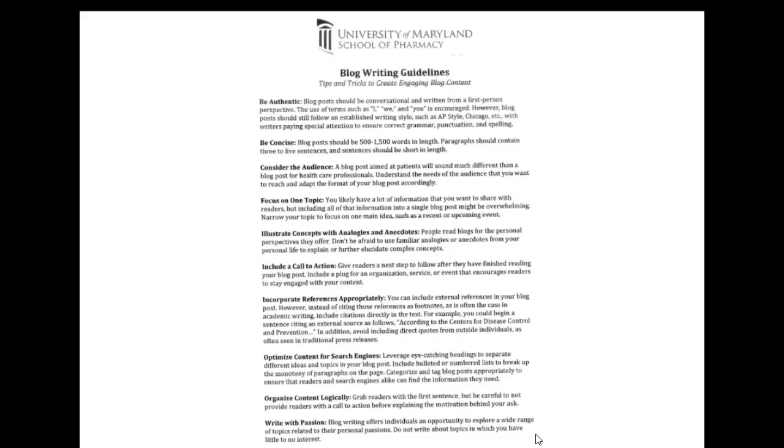So let me walk over these blog writing guidelines that you have in handout 13. It's from a colleague of mine in the School of Pharmacy, who gave a workshop to us some years ago on blog writing that I thought would be really handy. Some of them apply. You will probably find some more useful, some less useful, depending on what kind of blog writing activity you engage in. If you have your own blog, like your own website, your own URL, then all of these will be very useful. If you're only writing a blog here and there for somebody else's website or blog, then not all of these will be super useful to you.